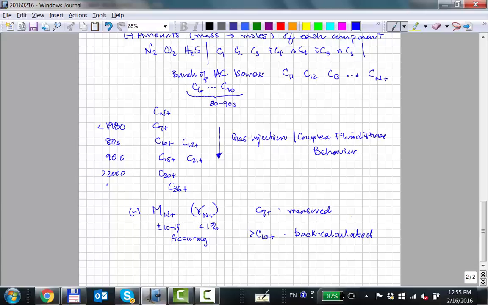Which type of value add is it to get this C10 plus? How do you do it? Or what kind of balance? The magnitude? Yeah. Okay. So,